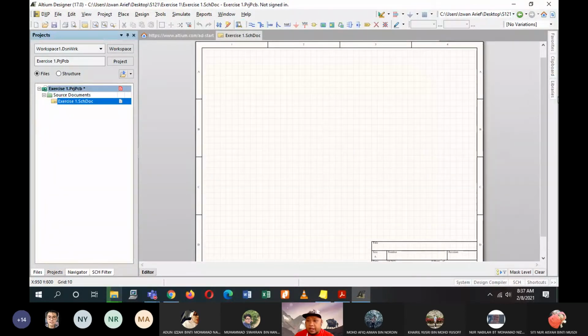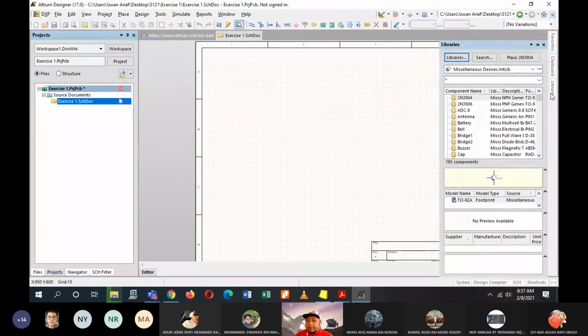Before I forget, this tab here, sometimes you might be missing it. The reason is that you accidentally clicked on this close tab here, this cross.